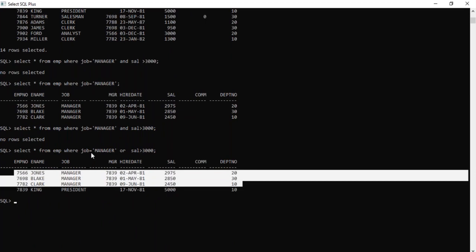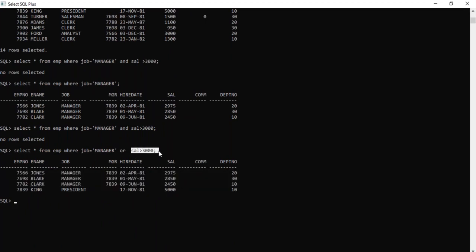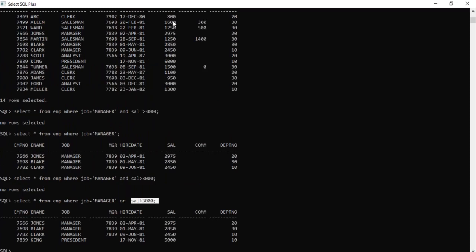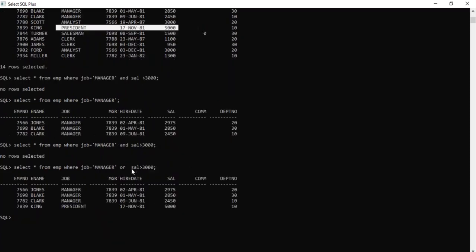Okay, or you can say job is equal to, whatever you want to take, anything like worker. We don't have data for worker. Okay, now if it is under the AND condition, see here, no row selected. So job worker is not there, but salary greater than is there, one record is there. But with the AND operator, if it is not satisfied it will not come. So these two conditions must both be satisfied.